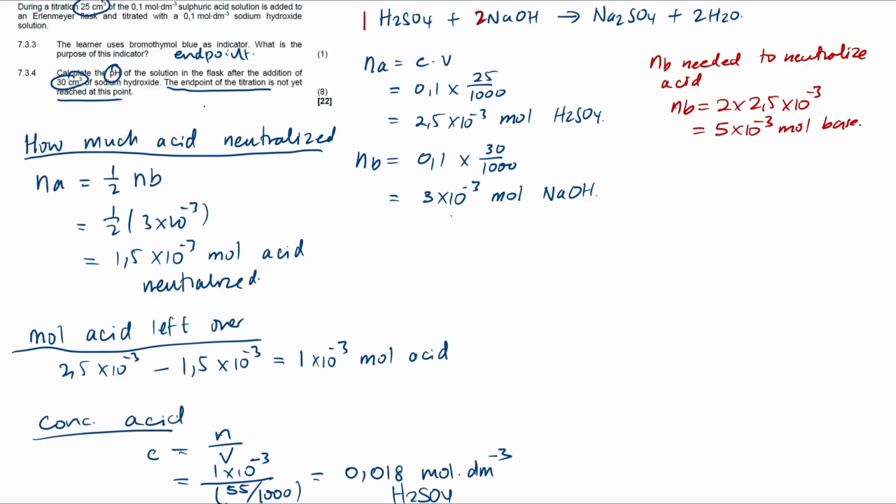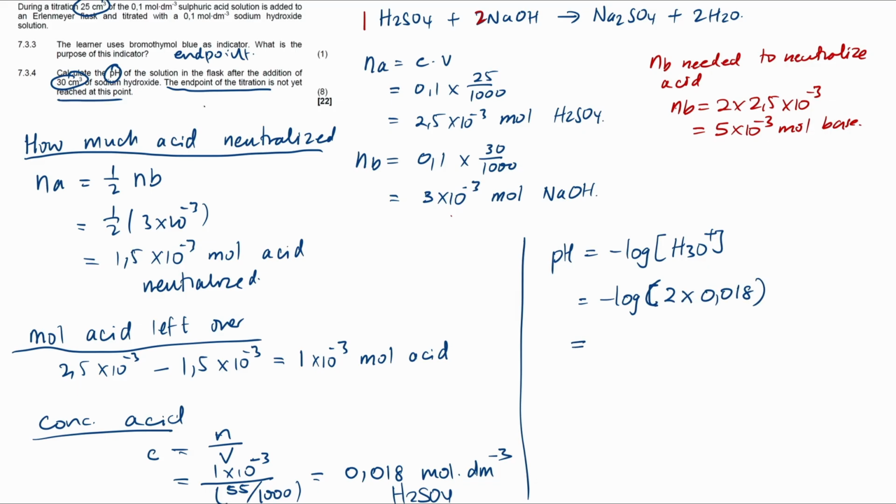Now we're nearly at the end. We can calculate the pH. So the pH is going to equal minus log of the concentration of H3O+. So that's going to be minus log of the concentration. Now remember, H2SO4 is a strong acid and it is diprotic, meaning that 1 mole is going to produce 2 moles of H3O+. So it's going to be 2 times 0,018,